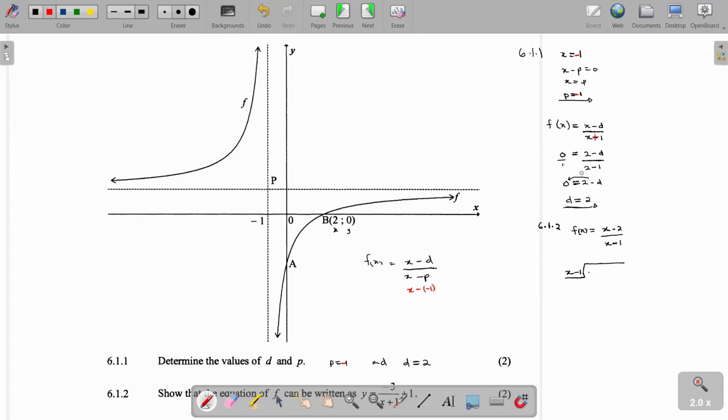On our denominator, it's x plus 1. Take note, we substituted the point (2, 0). Here it's correct. When you make that cross multiplication, you are still getting d is 2. So here it's supposed to be (x minus 2) over (x plus 1). Kindly take note there. So our denominator is x plus 1. Then using that, let's go and answer the